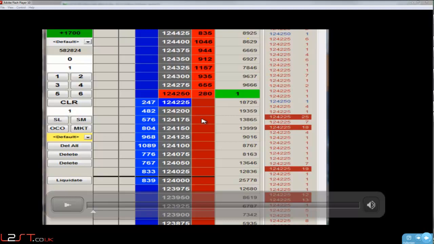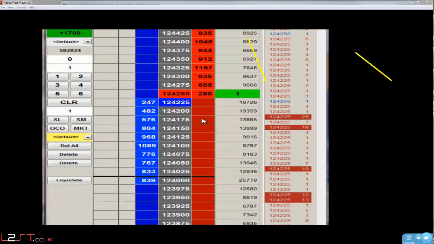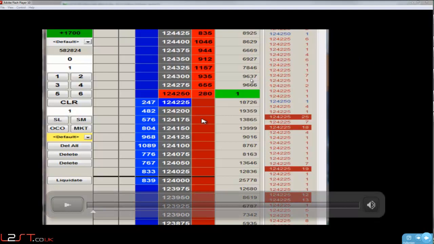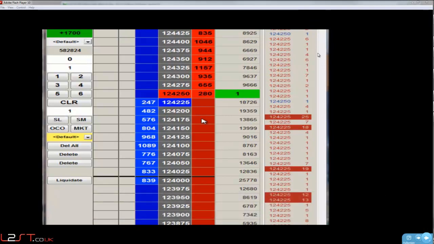Oh, what's going on here? Starting to freeze up a little bit there. Now, if you have a look at there, I do have the volume profile up, but I don't have the visual version. I have just the numbers. So you can see the amount of contracts, how they've traded at that price. So what you can see from this,